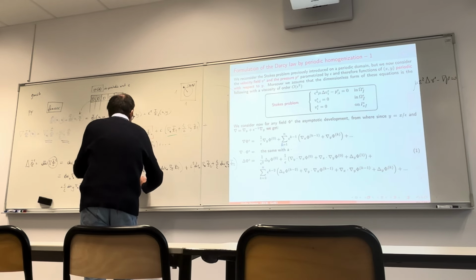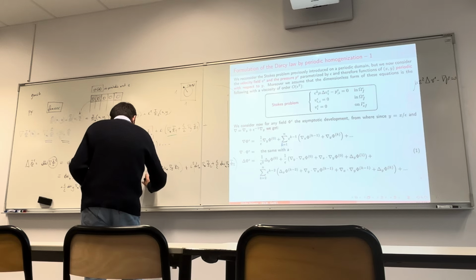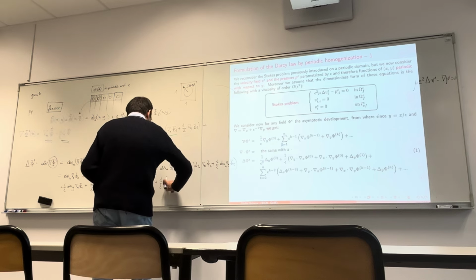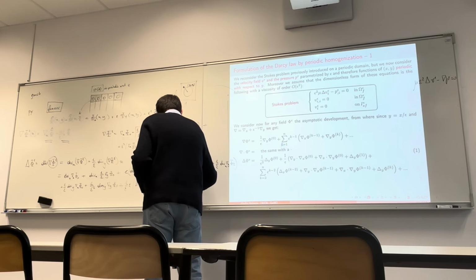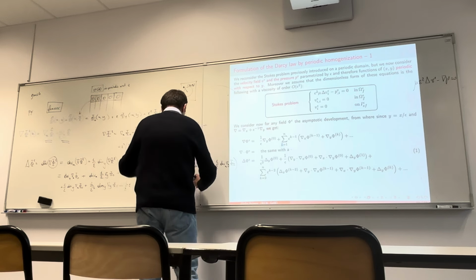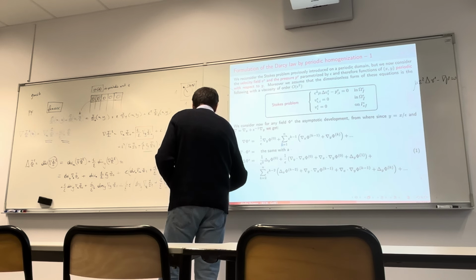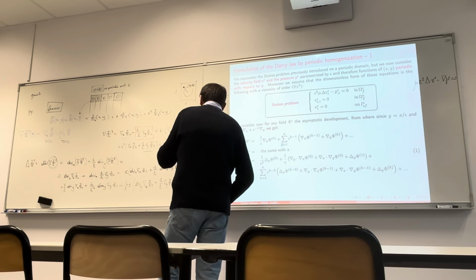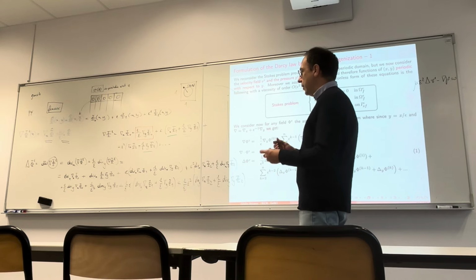So divergence, divergence y of this. So divergence y of gradient x phi 1 plus 1 by epsilon gradient y phi 1 plus 1 by epsilon square divergence y of gradient x phi 2 plus 1 by epsilon divergence y gradient y phi 2. Okay, and so on. So this horrible stuff